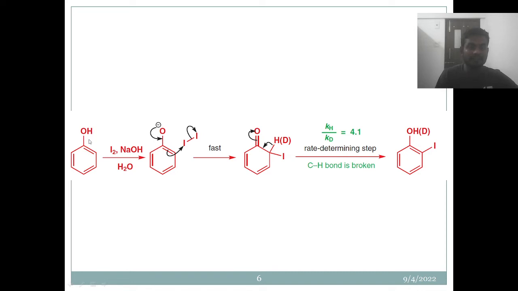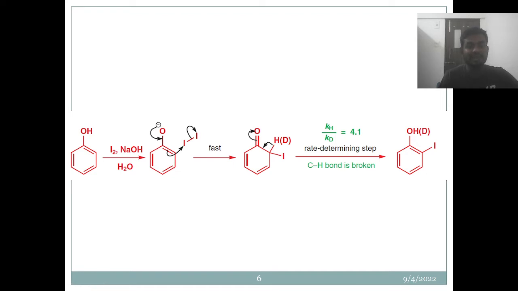Now this phenol itself is very electron rich. So what we expect is a high aromatic electron density. The rate of aromatic electrophilic substitution is very high, right? Because it's so dense with electron density. Because of this anion formation, the attack at this electrophile, there is iodine here, I plus, can happen simultaneously, and this becomes super fast compared to the